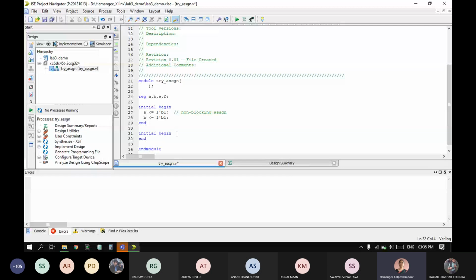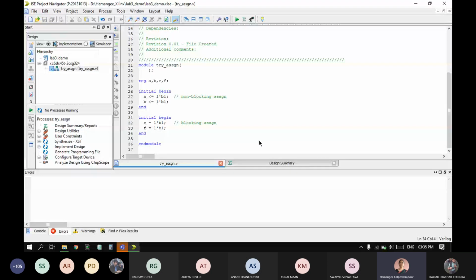And we'll see one more where we are using our usual assignment symbol of equal to. This is called the blocking assignment. This is the module, and then I'm going to generate the waveform for this.